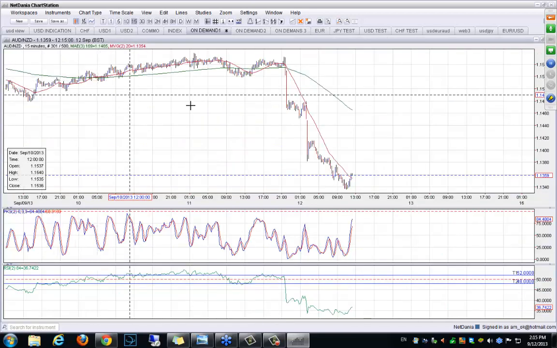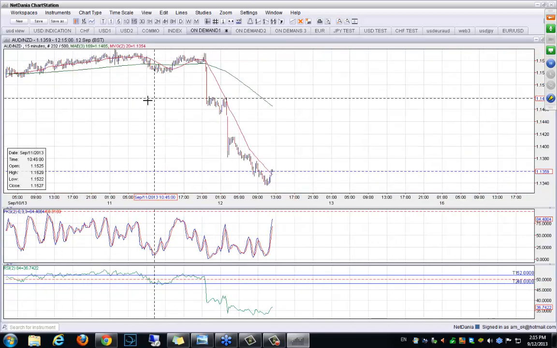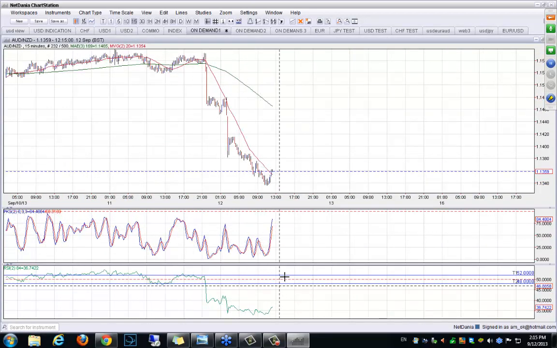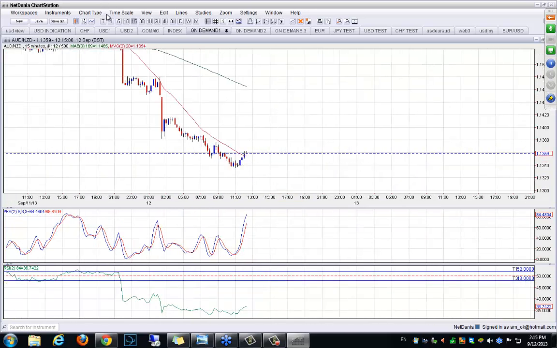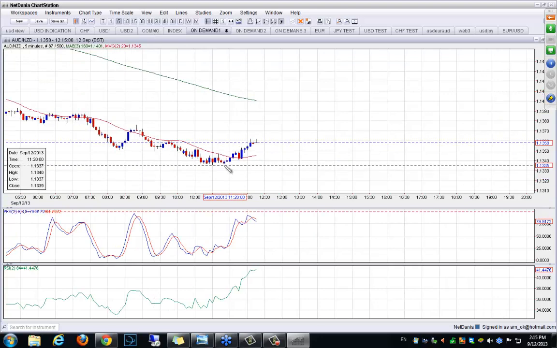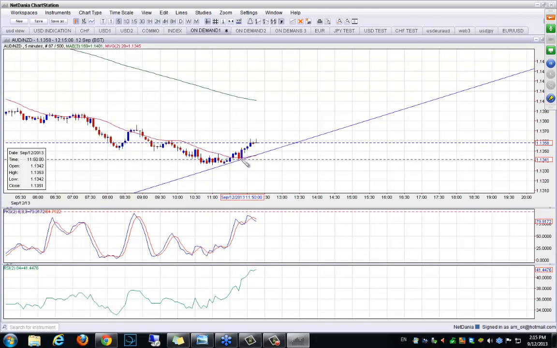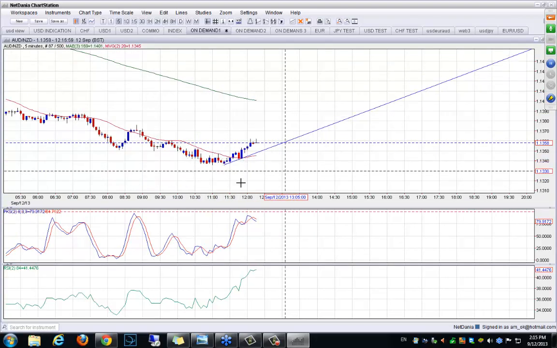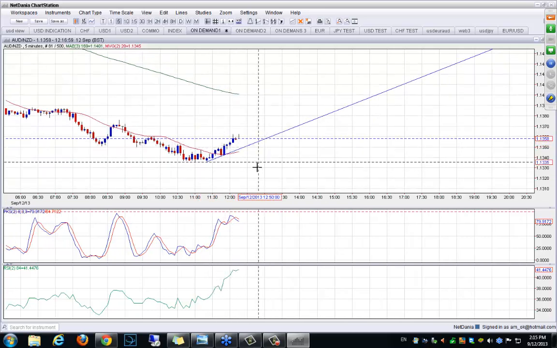A great indication over here, Australian dollar versus the New Zealand dollar for a put option. Again, we need to wait until we cross the trend line below the entire corrective pattern. I can place this trend line only on a 5-minute chart. I can't see this trend line on a 15-minute chart.